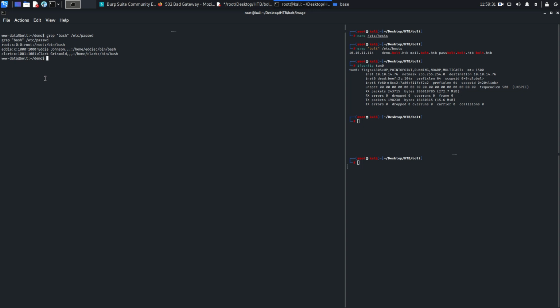To see how many users on this machine can run bash, cat /etc/passwd. Hit enter, and there are two users. One is Eddie and another one is Clark. uname -a. So yeah, Ubuntu. Let's try to see how many connections there are. So netstat -tlpn,